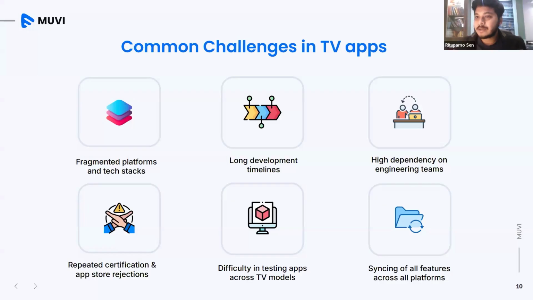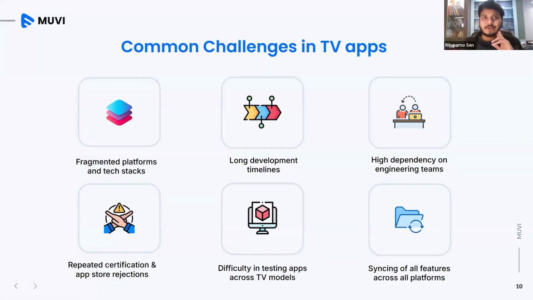Then comes Apple TV, which has a totally different build and tech stack. And after a lot of careful thought about how the TV app segment is growing, we develop new TV apps for new specific OSs too. Previously, we had support for Android TV, Fire TV, Roku TV, Apple TV, LG, and Samsung OSs.